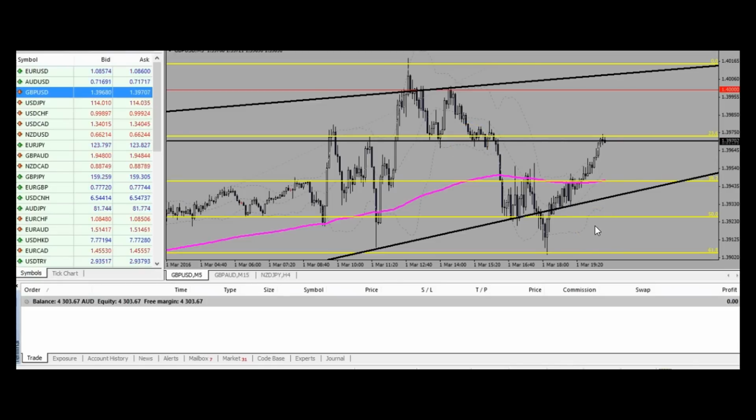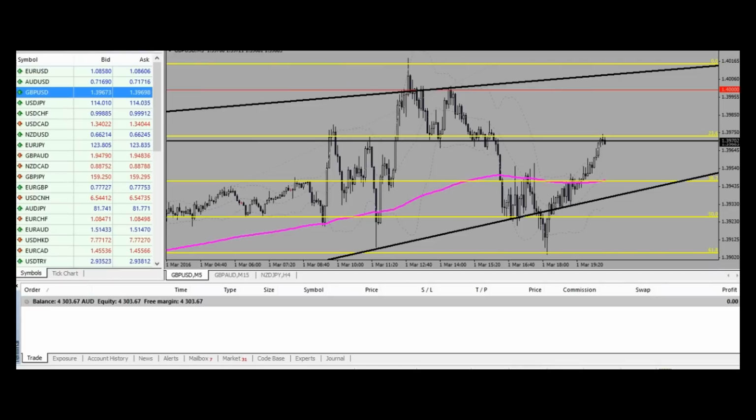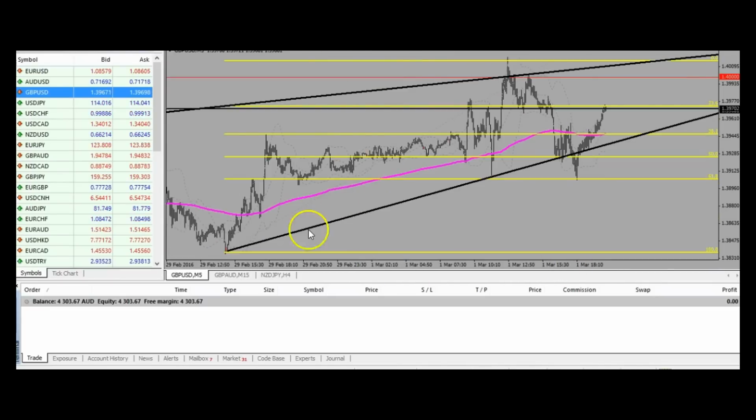So just to kind of go over what we did, we got in the trade down here right after we saw that bullish engulfing. Let me zoom in some. A bullish engulfing candle right here, right off of that 61.8 level of the fib. And the reason we went ahead and bought the market instead of selling is because we had already established a